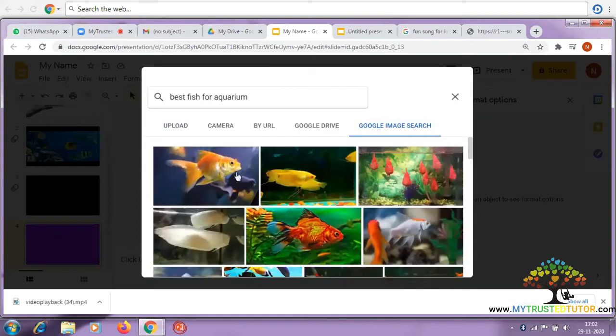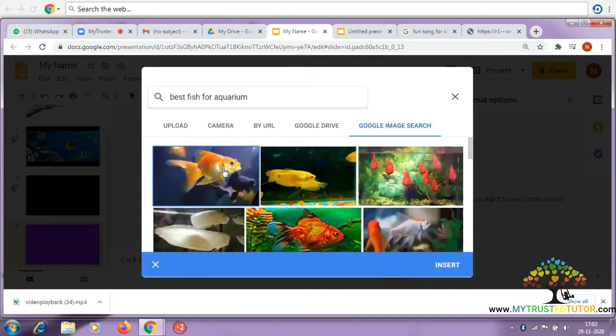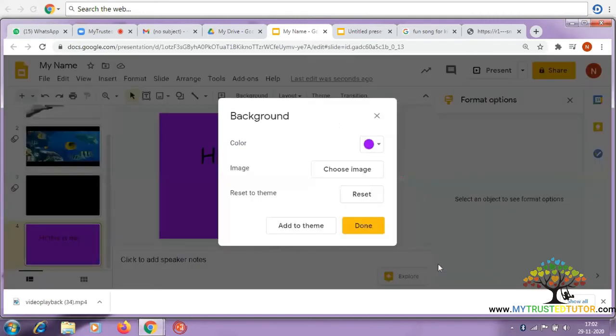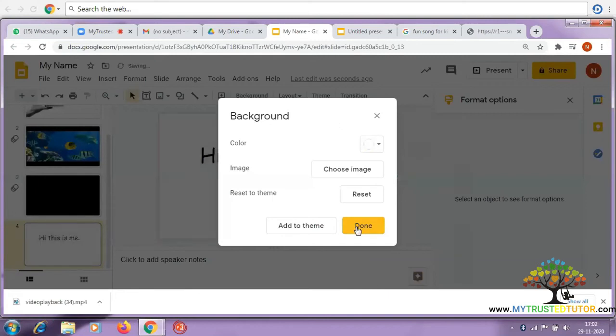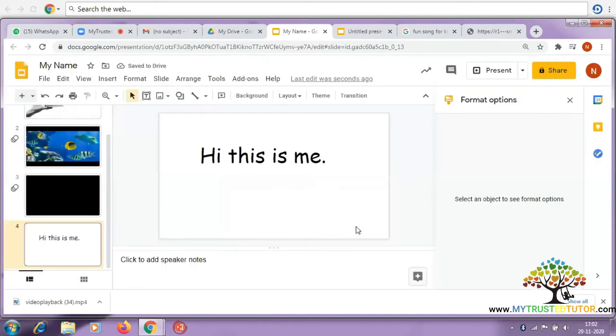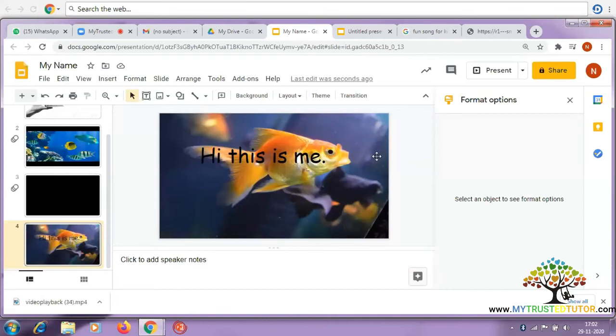Okay. So I click on this picture. As soon as I click, I get the option over here as insert. You just have to insert and then click on done. So as you can see, now we have put a background.